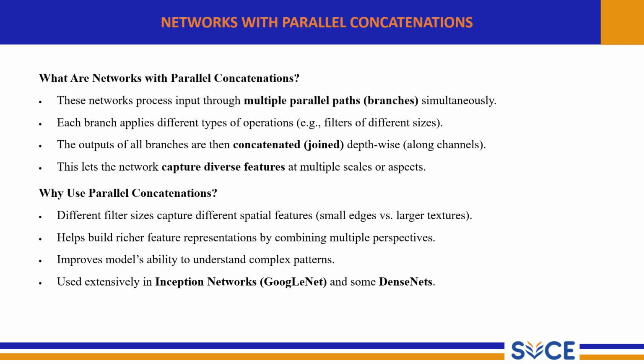So, why use parallel concatenation in neural networks? First, different filter sizes capture different spatial features, from small edges to large textures. Second, combining multiple branches helps to build richer feature representations by providing multiple perspectives on the same input. Third, it improves the model's ability to understand complex patterns in the data. Finally, this approach is used extensively in architectures like Inception networks, also known as GoogLeNet, and in some